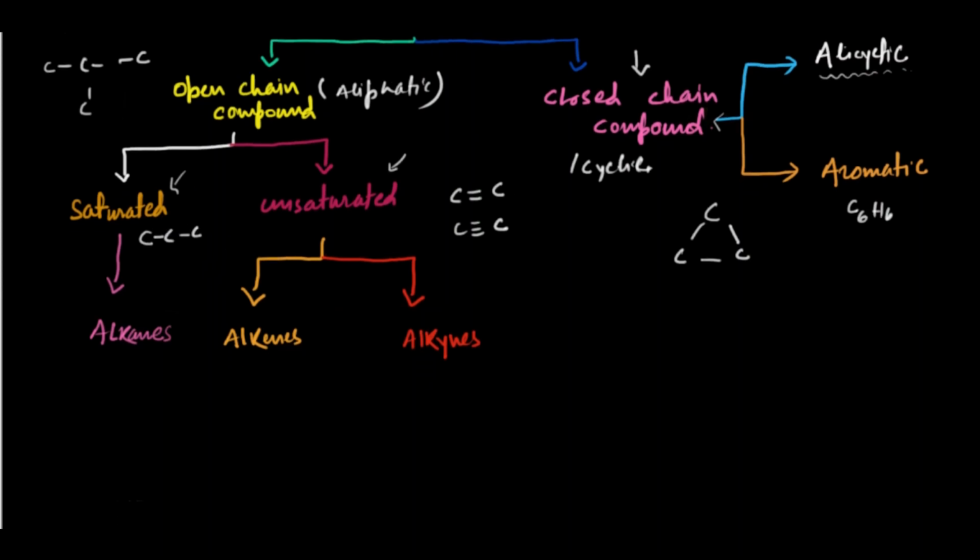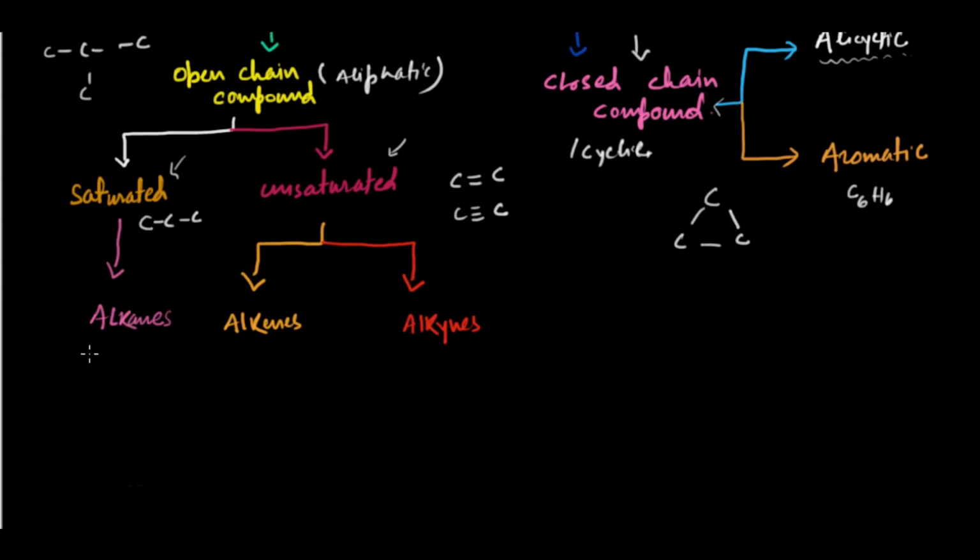Let's see this one. First, let's understand the alkane. So alkanes are basically saturated open chain hydrocarbons. We also call alkanes paraffins. Remember why we call them paraffins? Because alkanes make highly inflammable liquids, like kerosene and diesel. These kinds of things are formed by the alkanes. So alkanes we call paraffins, and the formula of alkane is